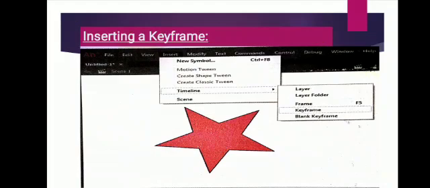Okay, and what is the shortcut for inserting a keyframe? That is F6, and F5 is for inserting a frame. Okay, so this we had selected, change it into the keyframe. Simply draw a diagram and select the color by using the stroke color, and suppose in the first diagram it is made with the red color.